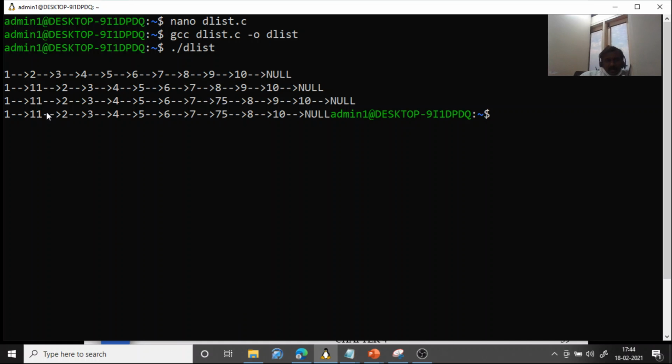You can see it is 1 2 3 4 5 6 7 8 9 10. Then we are inserting 11 between 1 and 2, then inserting 75 between 7 and 8. Then we are deleting the node 9. So after 8 it is 10. So that's it about doubly linked list.